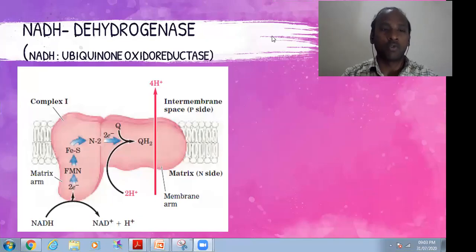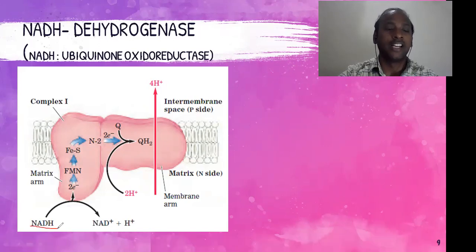Now coming to complex 1, which is NADH dehydrogenase. In this complex 1, how these electrons are transferred, we should better understand. NADH, as we discussed, is an electron carrier. NADH will give 2 electrons, and the 2 electrons will be taken by the FMN. This is a prosthetic group, and from there the electrons can be transferred to the iron sulfur center protein, that is N2, and finally